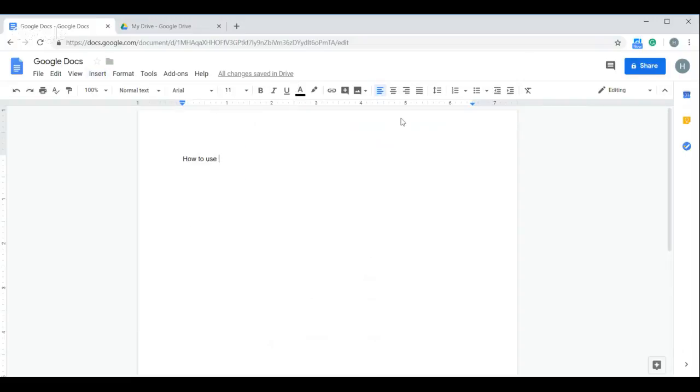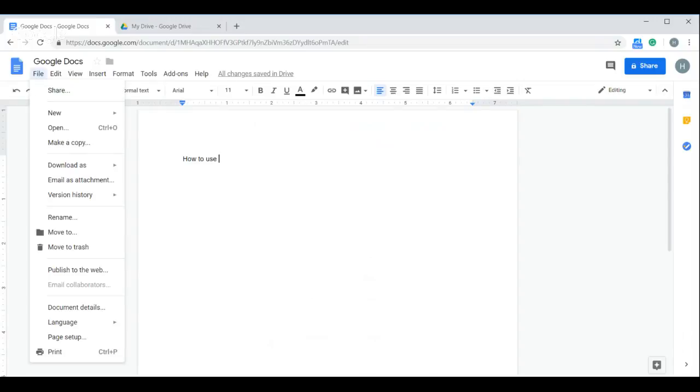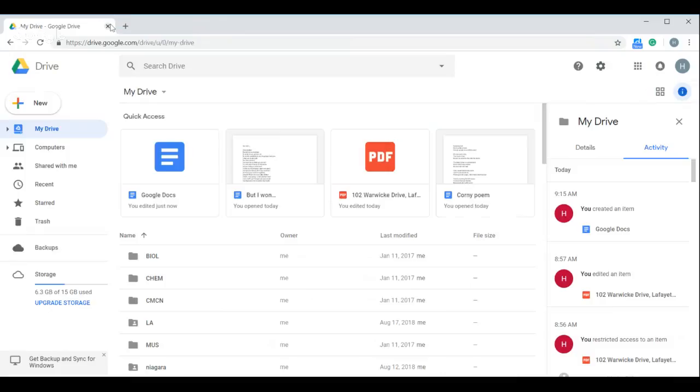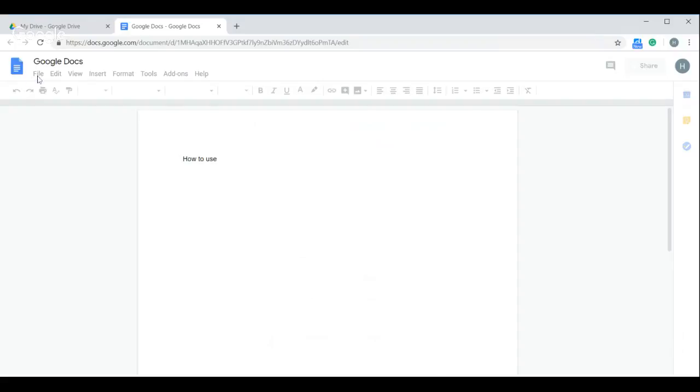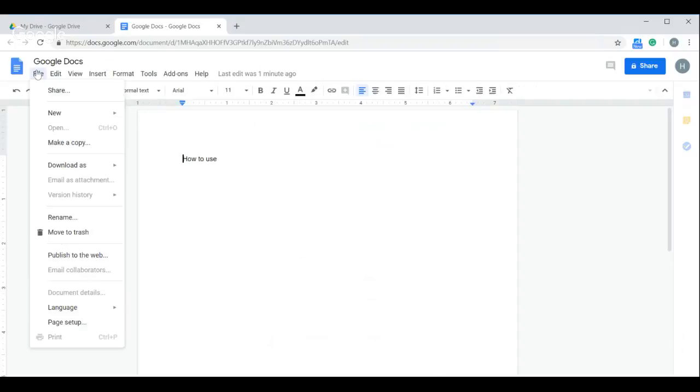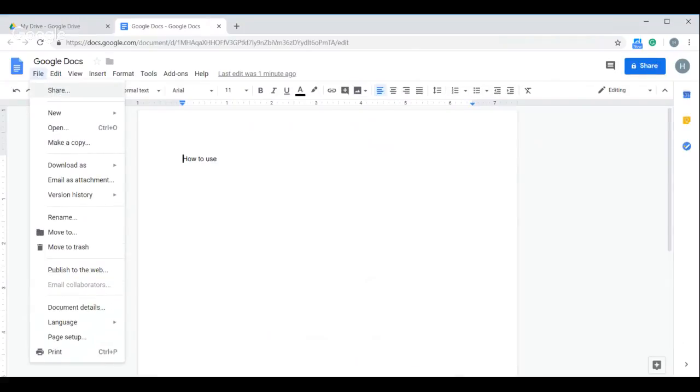And then when you're done with this, if you're wanting to go back to the drive, if you're done with it. One second. And then if you're wanting to just share the actual file with someone, this is where you would